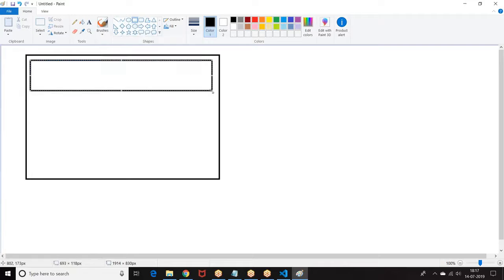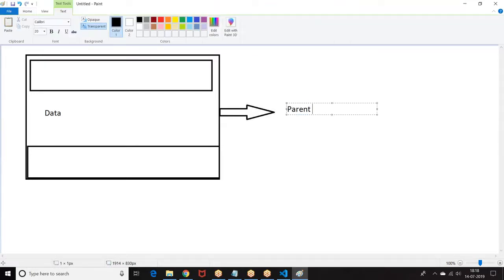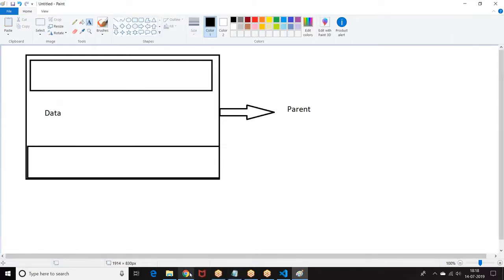But this data I want to change here. This data will be changing. So this data I'm pushing from the parent. Is that clear? Right. Any other query from anyone else?